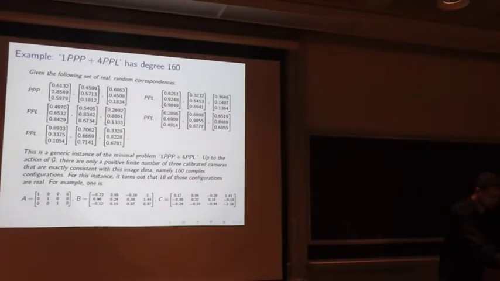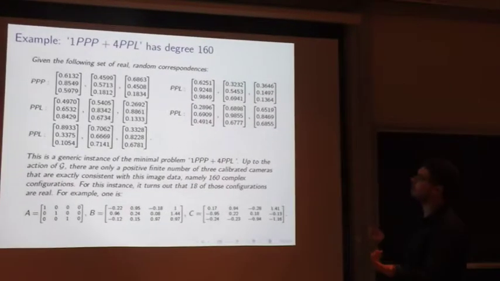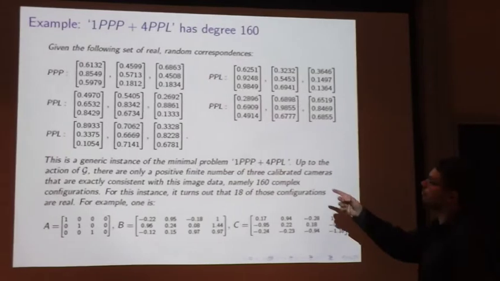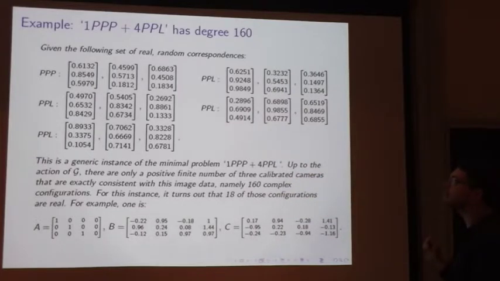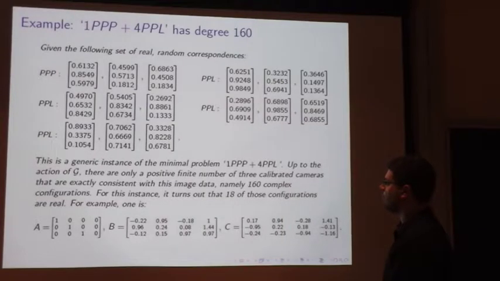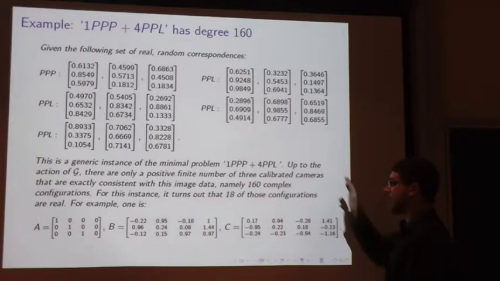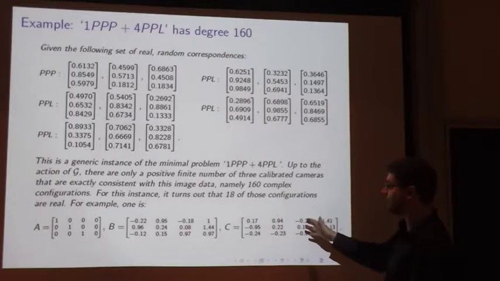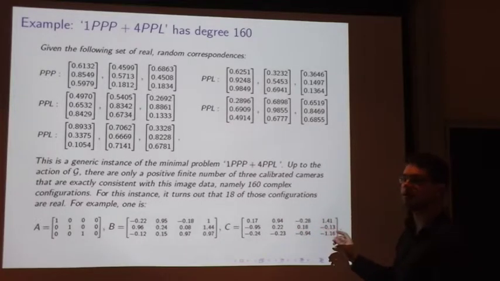Okay, so here's an example to clarify what this means. So suppose we were given the following image data. So this is a point triple in homogeneous coordinates, and then point-point line triples, 4 of them. So I generated these numbers in MATLAB. Say it's a generic instance of the minimal problem 1 PPP plus 4 PPL. So the content of the theorem is that up to the action of G, of changes of world coordinates, there are only a positive finite number of 3 calibrated cameras that are exactly consistent with this image data, namely 160 complex configurations. And for this instance, it turns out that 18 of those configurations are real,